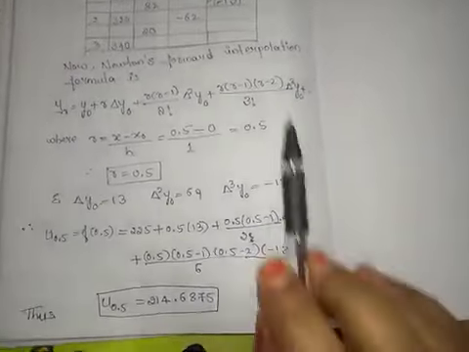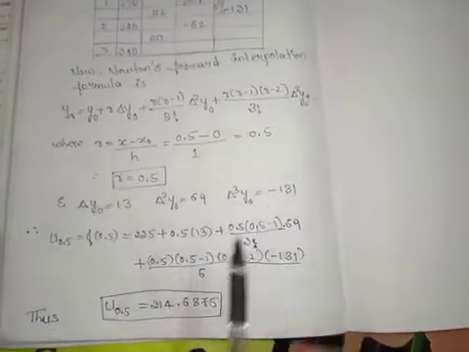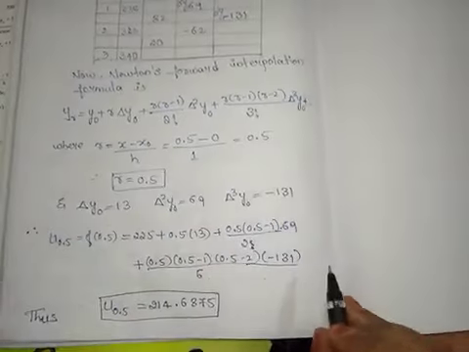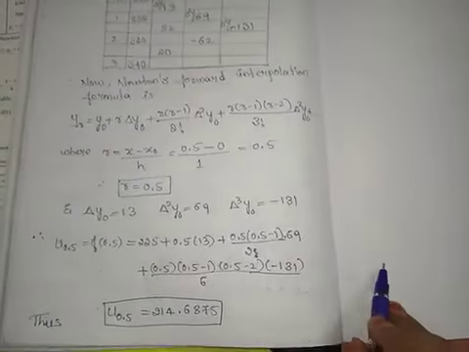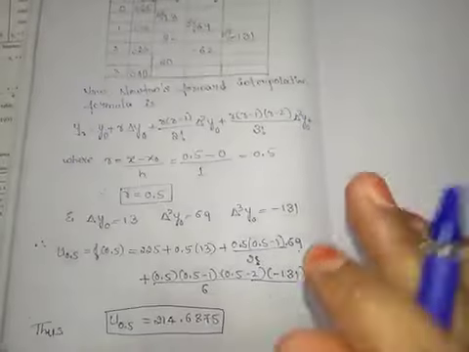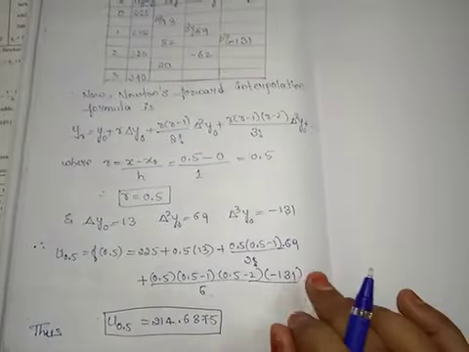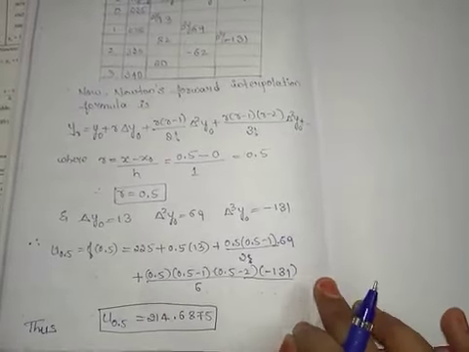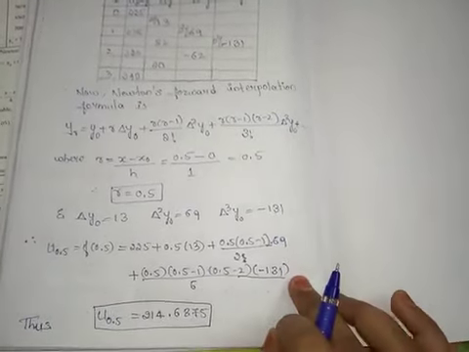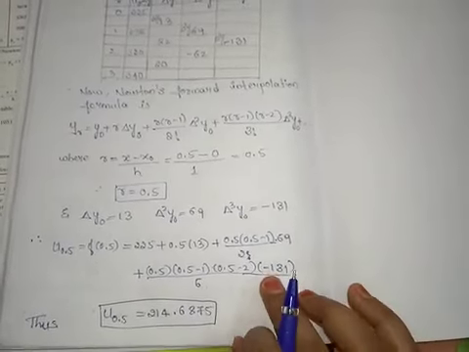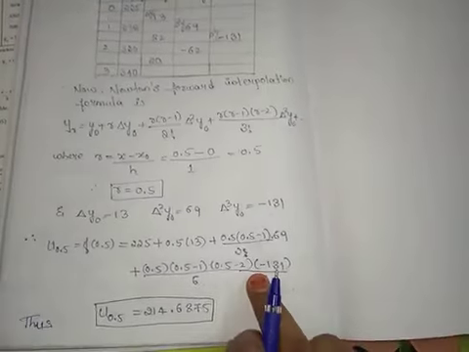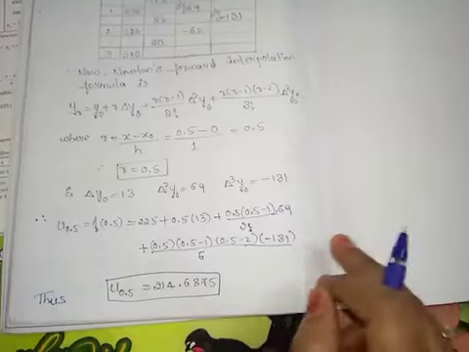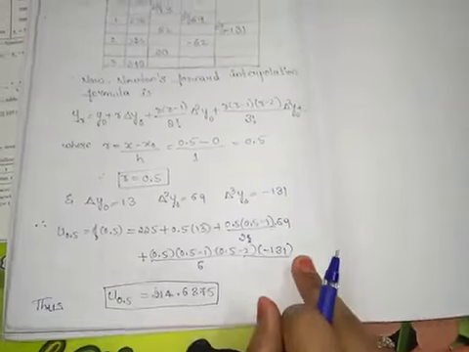Also remember, while you are substituting the values in the general formula, don't write plus and so on, because for this particular example we have values up to the third difference only. If you write plus and so on, it will be considered a wrong calculation. So remember, here you don't have to write plus and so on.